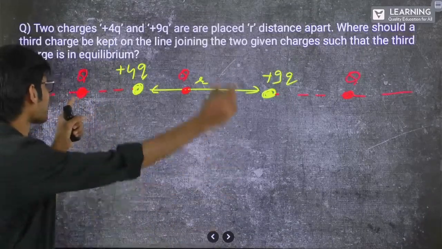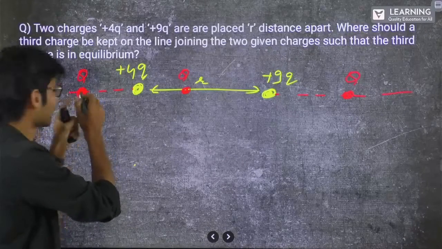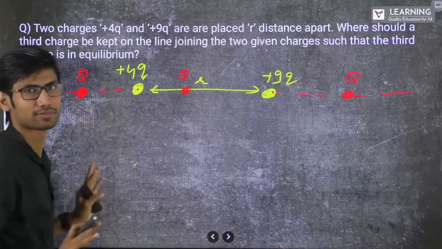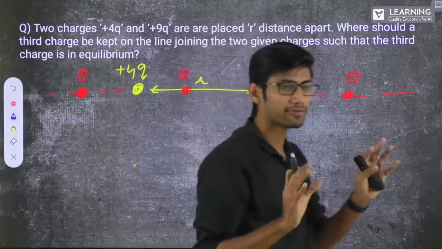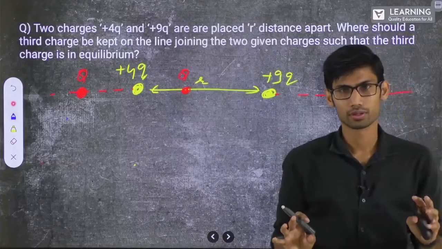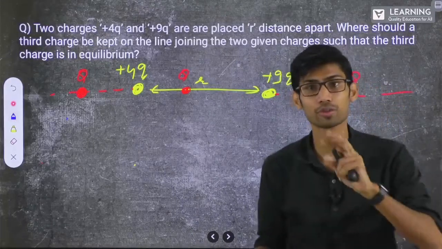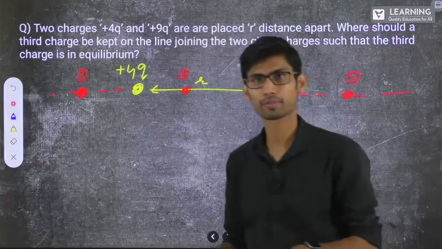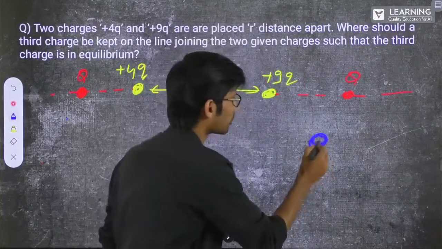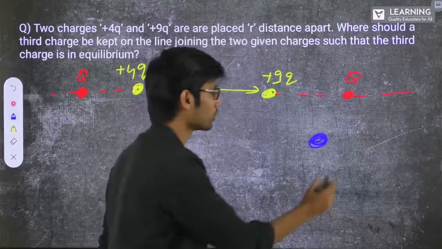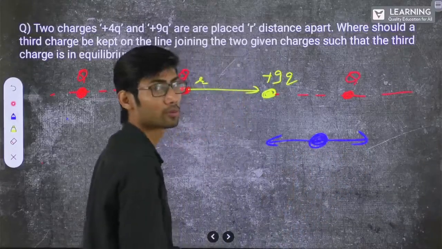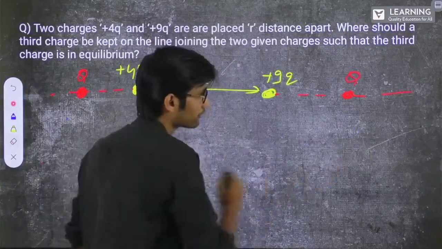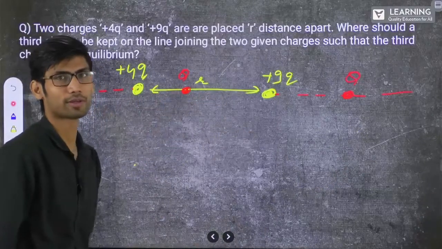Logically, let's first see only the directions of the force on this charge due to this charge. For net force to be 0, suppose there are 2 forces on an object. For net force to be 0, the direction of both the forces should be opposite and the magnitude should be equal. Correct? If I want the net force to be 0, very common sense is both the forces should be in opposite direction and of the same magnitude. If they are not in opposite direction, the net force can never be 0. The same logic we have to put here.